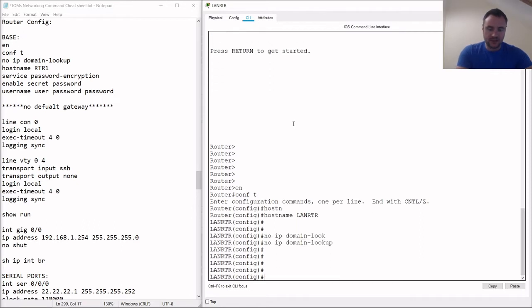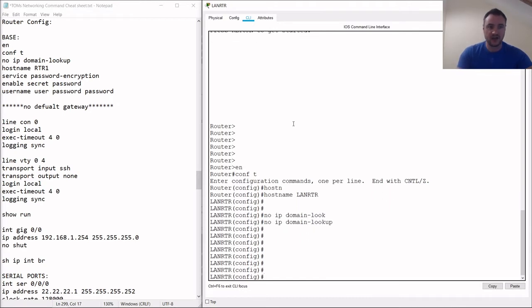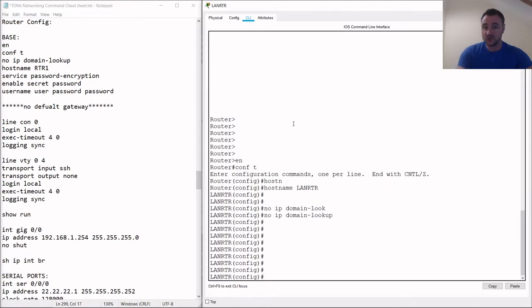A little bit different this time on a router for no ip domain-lookup, because you might actually want to use this router for NAT and also DNS lookups to pass that traffic. So whilst configuring it, I'd set up no ip domain-lookup, but also restrict yourself from doing that in the real world once it's a production environment device. Service password-encryption